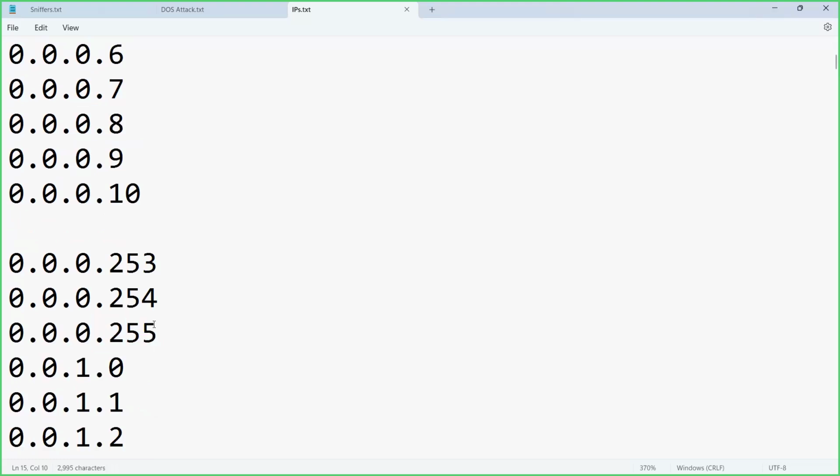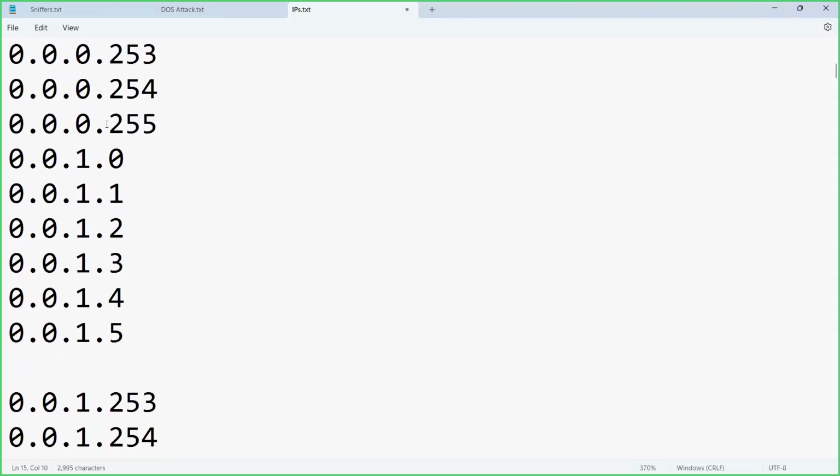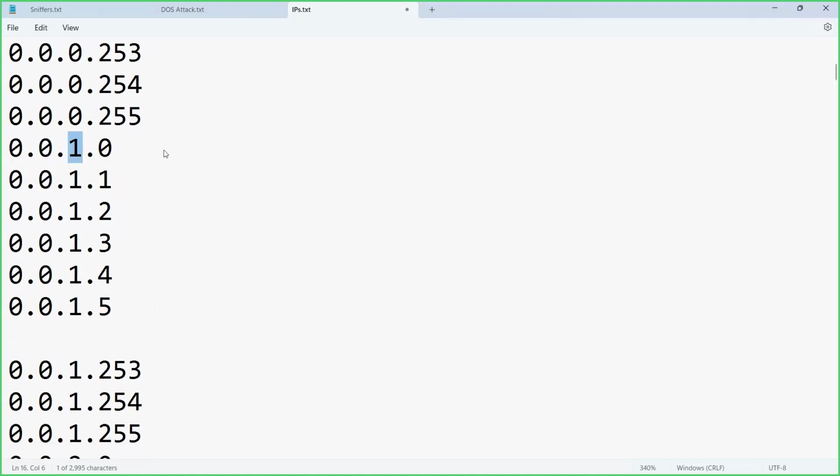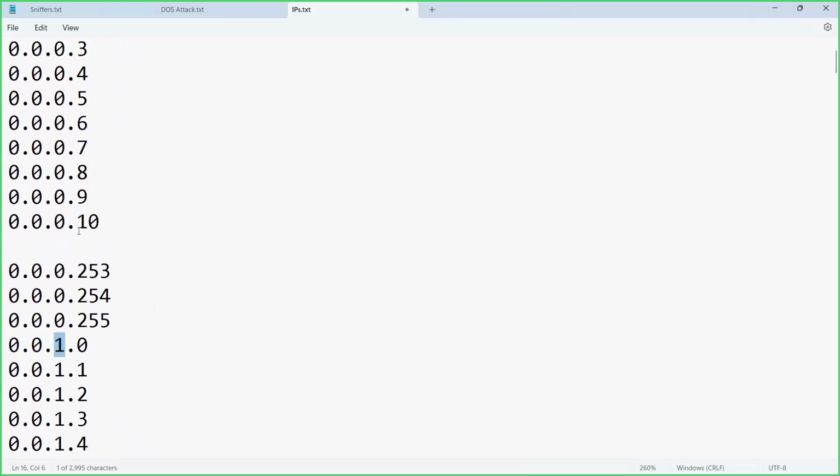0.0.0.255. Now, please note, after 0.0.0.255, you cannot have an IP like 0.0.0.256. This is not possible. It's a wrong IP. So once you have reached the maximum number 255, then comes rule number 2. Reset the rightmost octet back to 0, and the left octet increases by 1 now. So after 0.0.0.255, next IP would be